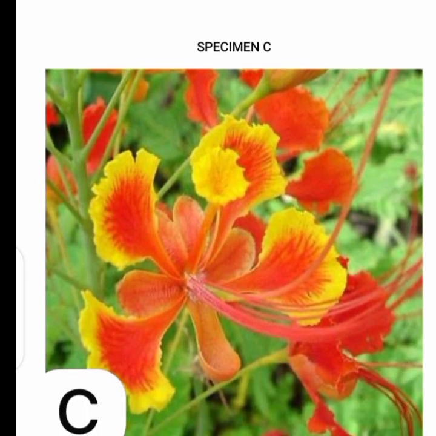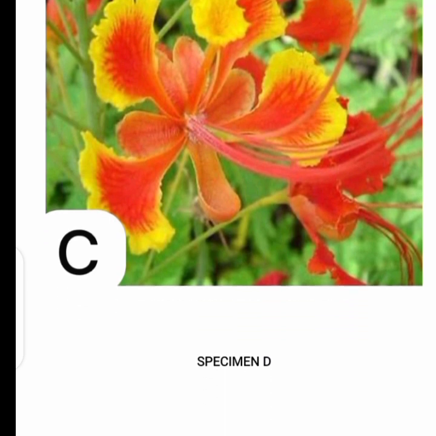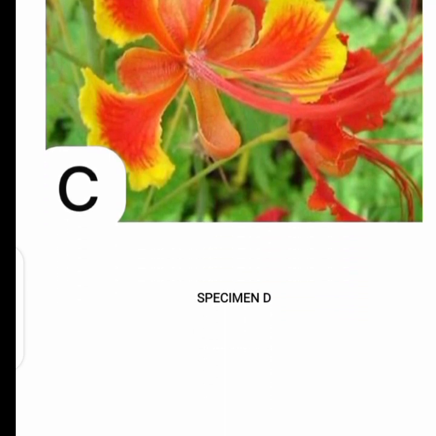So then, looking at the adaptive features to its environment, drought tolerance, it could tolerate droughts. Are you getting it now? Making it suitable for dry climate. Then it grows easily, so you can cultivate it. It's easier to cultivate. So now that will take us to specimen D, and that is